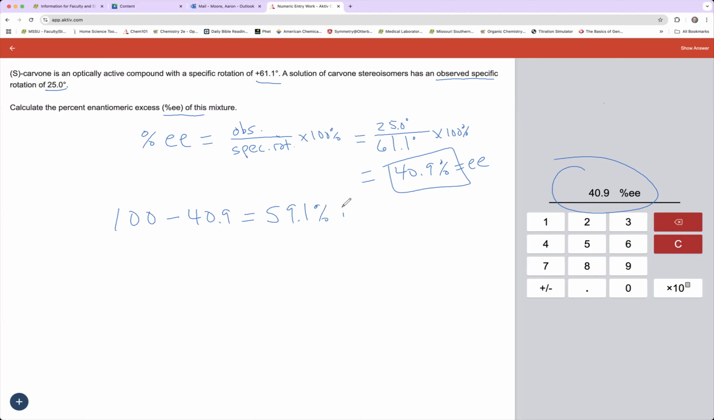59.1% is racemic. Okay, and remember what we mean by that. Racemic means that it's 50-50. It's half and half. It's half of one enantiomer and half the other enantiomer. So that means that I just need to divide this by 2, right? So if I divide 59.1 by 2, then that is